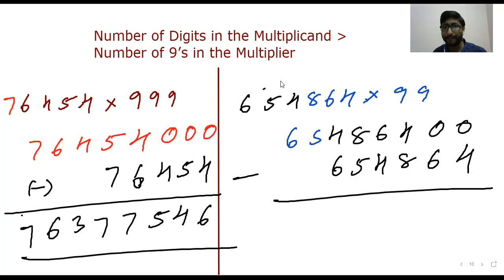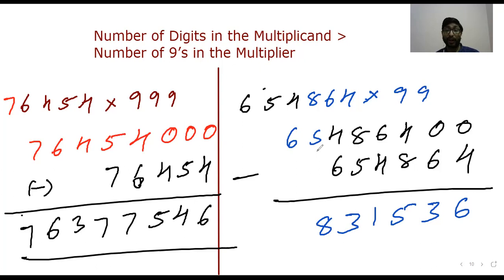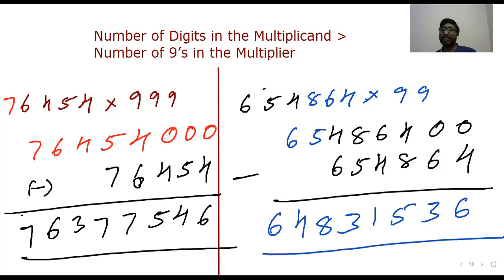The answer is going to be, do the normal subtraction. That will be easy for you. For understanding purpose, 10 minus 4, 6. 9 minus 6, 3. 14, 13 minus 8 is 5. 5 minus 4, 1. 8 minus 5, 3. 14 minus 6, 8. Not borrowing here. So 4 and 6. That's it. You do normal subtraction for now. That's fine.